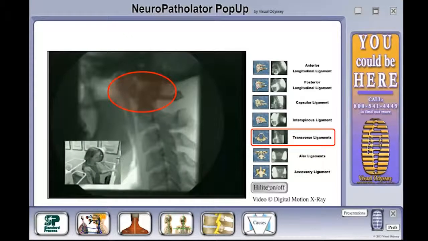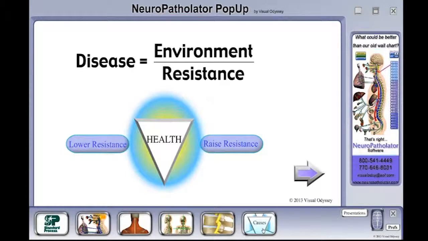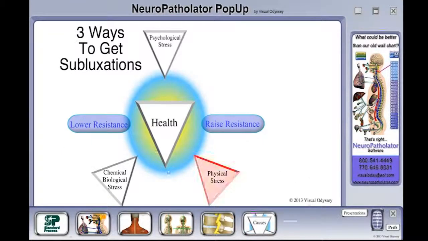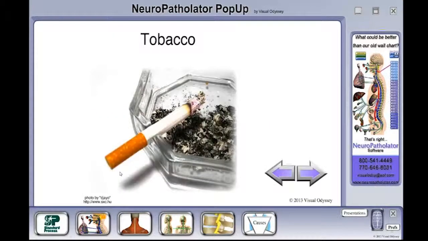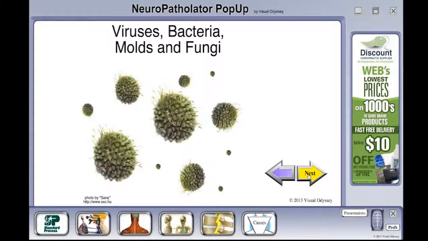And then we also can talk about the causes of a subluxation and disease. The psychological stress, physical stress, and chemical or biological stress, some of it voluntary, and some of it we have very little control over. Physical stresses